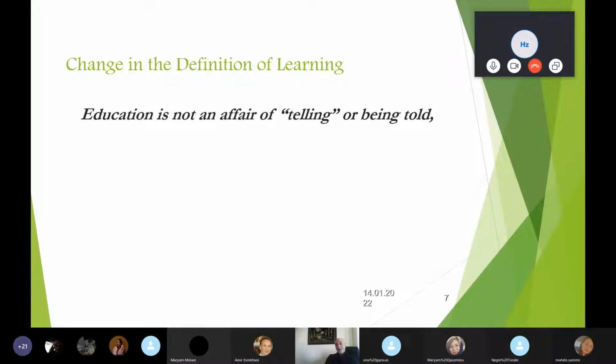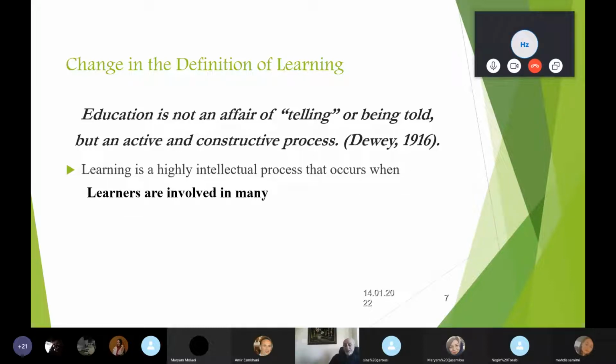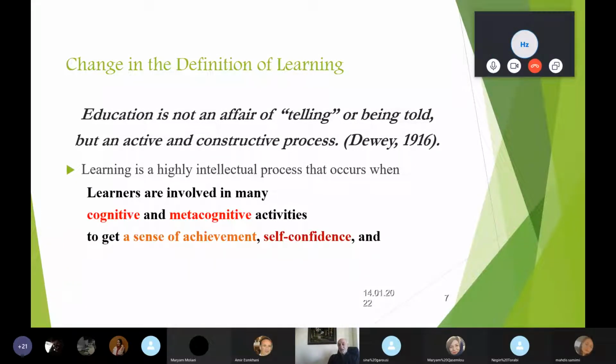But it changed. I mean, it changed not with us, but it probably had changed 100 years ago by Dewey, 1916, said education is not an affair of telling or being told, but an active and constructive process. No matter what you hear right now in constructivist sort of theory, they're all coming from Dewey's intention that education is not to tell people, but to make them construct. According to these guys, learning is a highly intellectual process that occurs when learners are involved in many cognitive and metacognitive activities